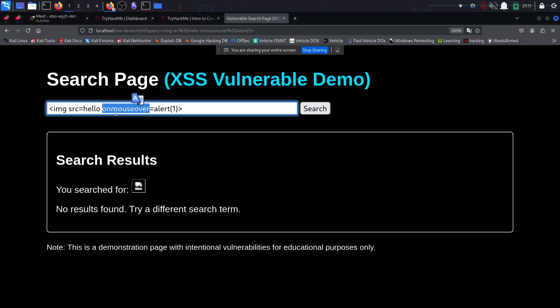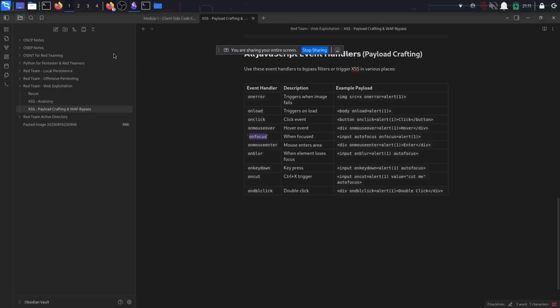You can try to use it, but it will not work within the image because there is no autofocus within this particular thing. That's why it's better to use it with the input tag or some other tag. It would be best with the input tag